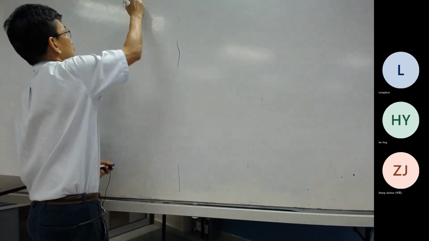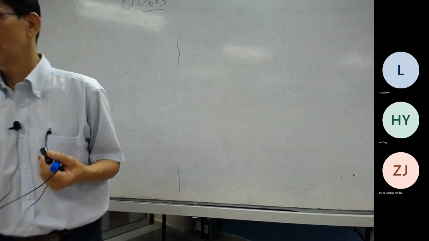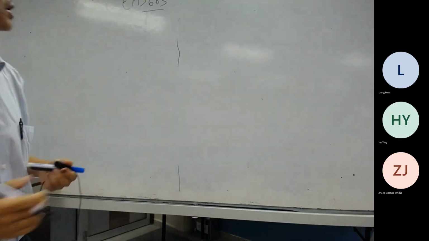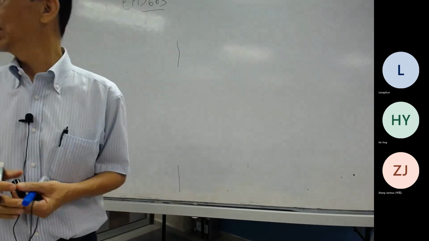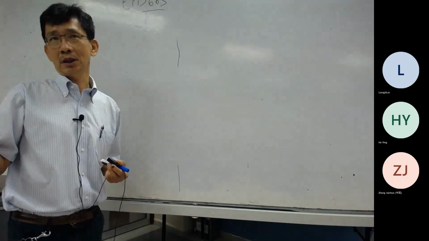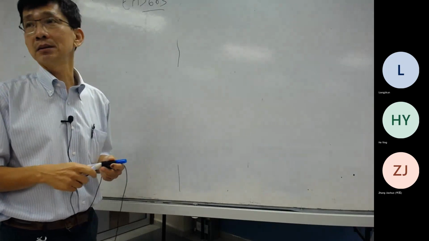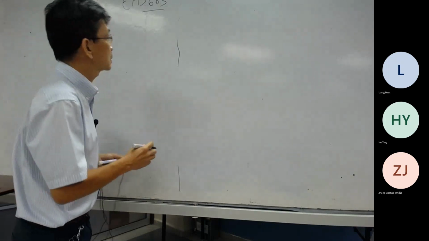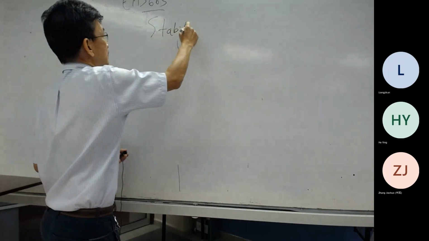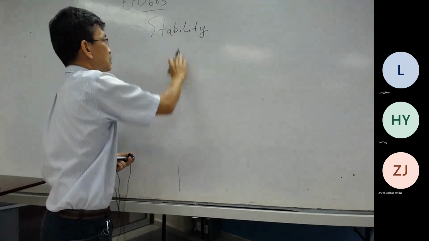So in EAS663, I think by now you should be clear, you have 663, 661, 664, 662, 501, and then EAA, so many, 666. So 663 has two parts. First is the dynamics. The second one is on stability. So dynamics, you already settled. Those are the things you are expected to know that will be asked in the exam or in the test. So 663 is mainly dealing with stability. And it is mainly dealing with how to,